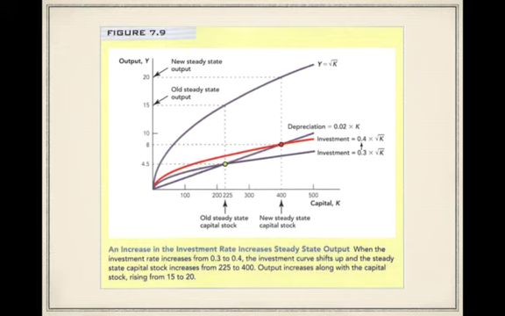Say we were at 300. Before, we would have had a negative growth rate. Now we're going to have a positive growth rate. 300 units of capital, I mean. So our growth rate has gone up. Say we were all the way out at 500. Before, we were going to have a large negative growth in both capital and output, and now we're going to have a smaller negative growth. So again, we've had a positive impact on growth rates.